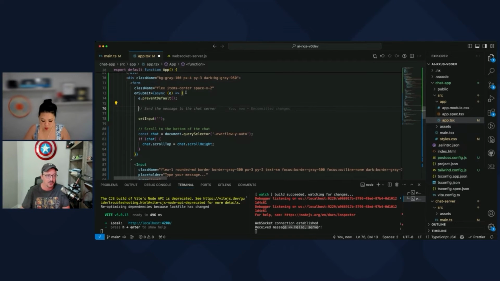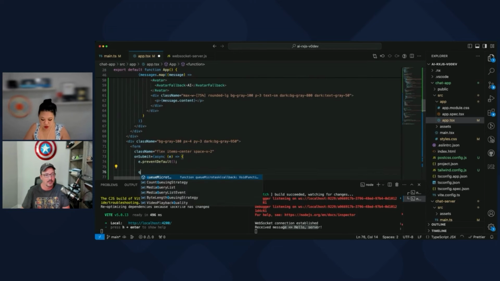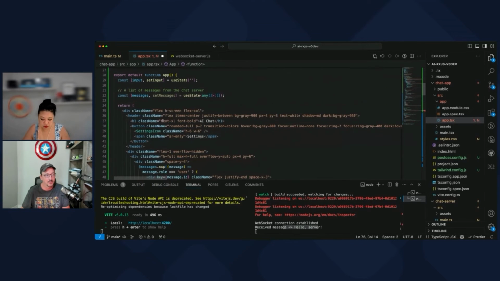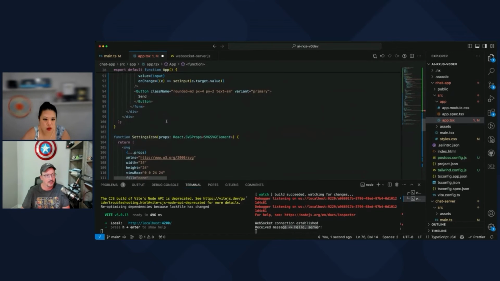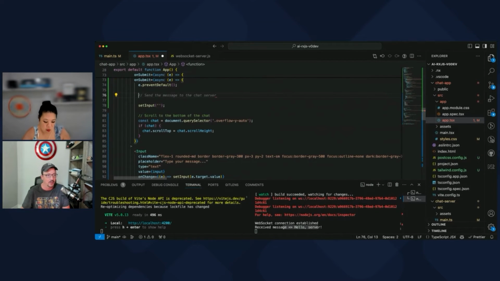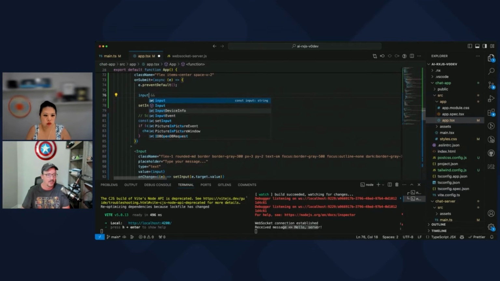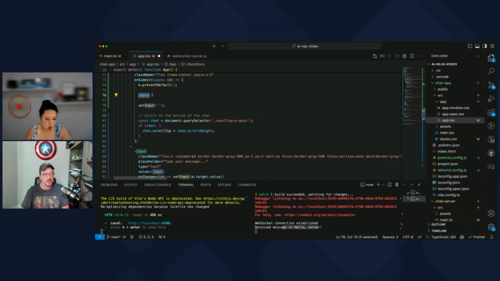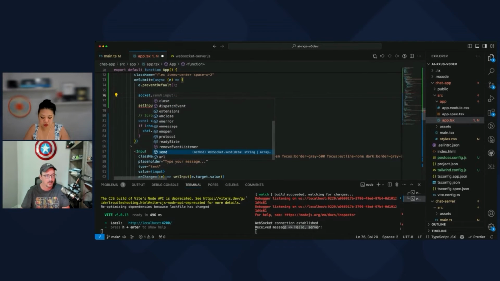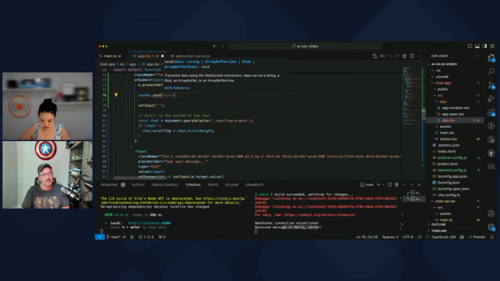All right, so we've got this. Where's the text coming from down here? Input is input. So it's just called input, a string. So I'm going to do the WebSocket, socket.send.